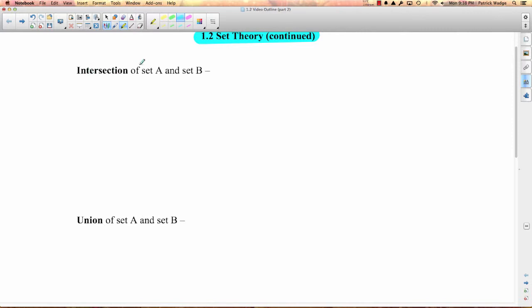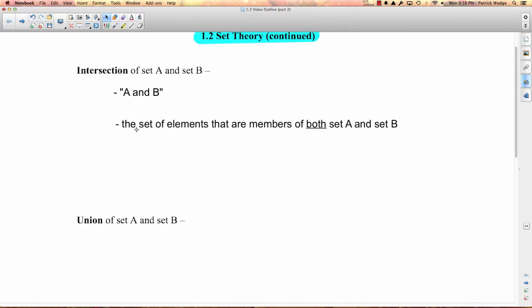So the intersection of two sets, let's talk about set A and set B. The intersection of set A and set B, we also just say A and B. Remember, capital letters often refer to sets. So we're interested in, and remember in the first video in this chapter we talked about what "and" means in set theory. What that would mean, A and B, is the set of elements that are members of both set